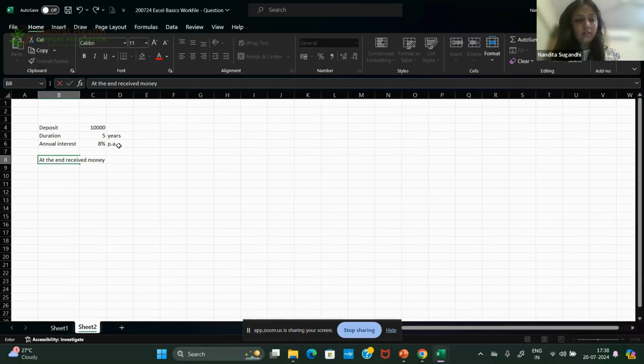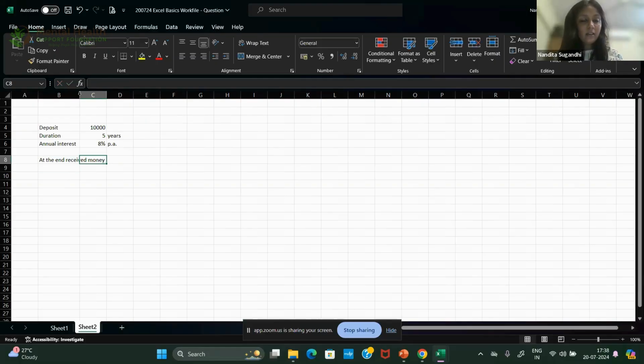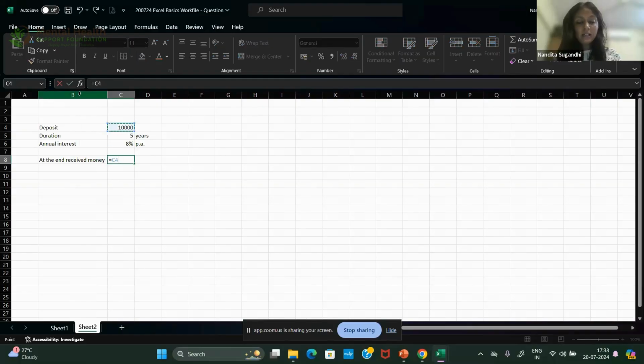Received money will be your deposit into 1 plus, actually I should use power here first. Power, your number would be 1 plus 8% for 5 years.